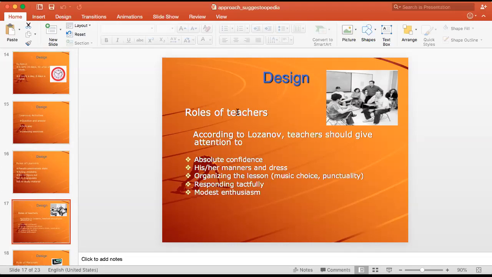This is the recommended time. Otherwise, the class that we visited wasn't that long. Okay, and it was not happening for this number of days. The suggested one is that they should meet every day and they should learn every day, but the actual class wasn't happening that way. Okay, so as far as the role is concerned, while we were doing the theoretical perspective